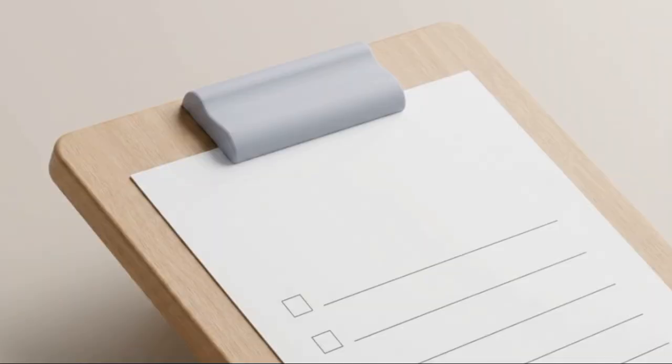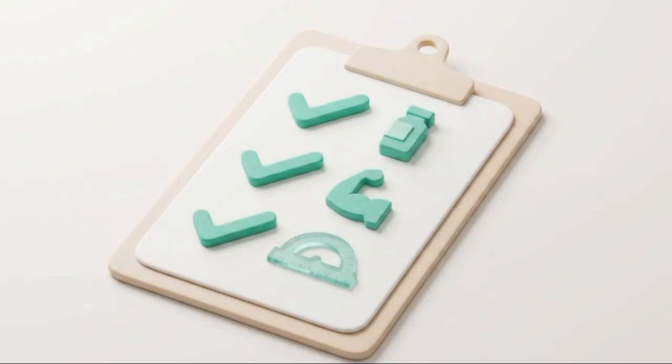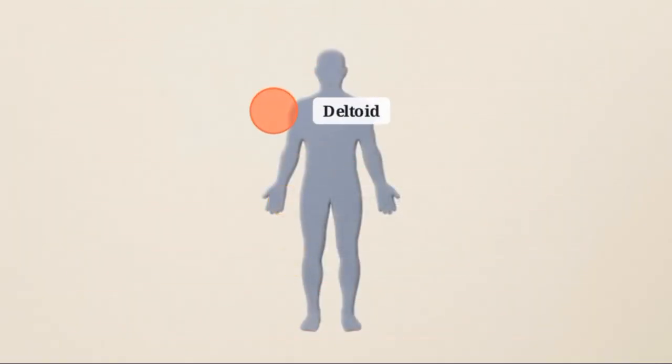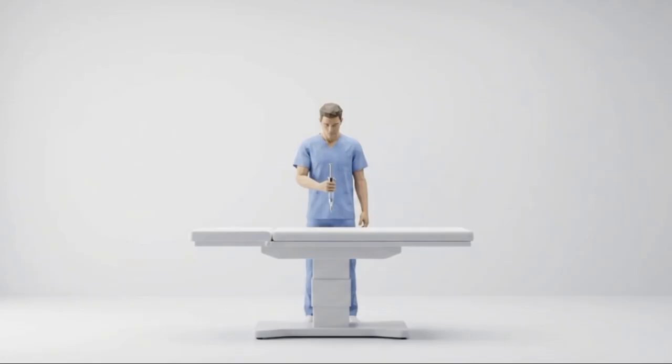Let's review the steps. You have checked your variables, isolated the specific muscle, and locked your needle angle. By completing this checklist, you have systematically eliminated the guesswork and anatomical risks from the procedure. You now have your final clearance. Clean your chosen site and confidently administer the fluid directly into the muscle. Applied anatomical knowledge turns